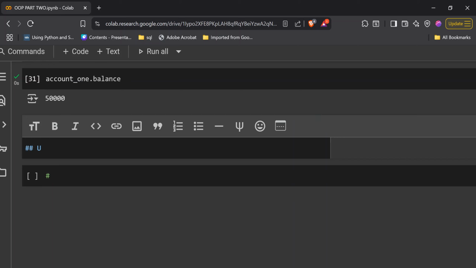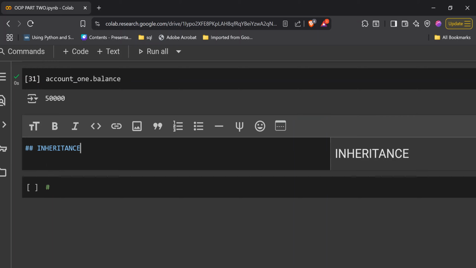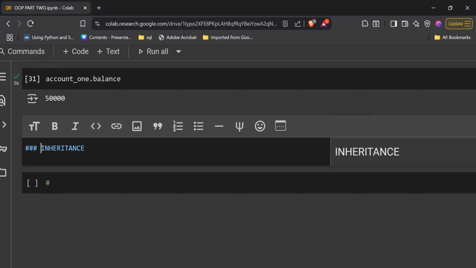Inheritance, there are four concepts actually. I don't know if I start with that, there is encapsulation, inheritance, polymorphism, abstraction. So, what is inheritance? Now, from the name itself,